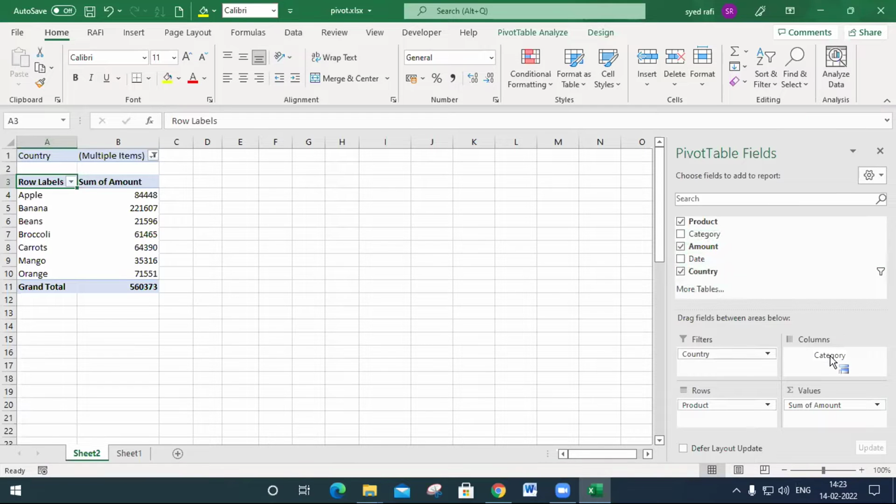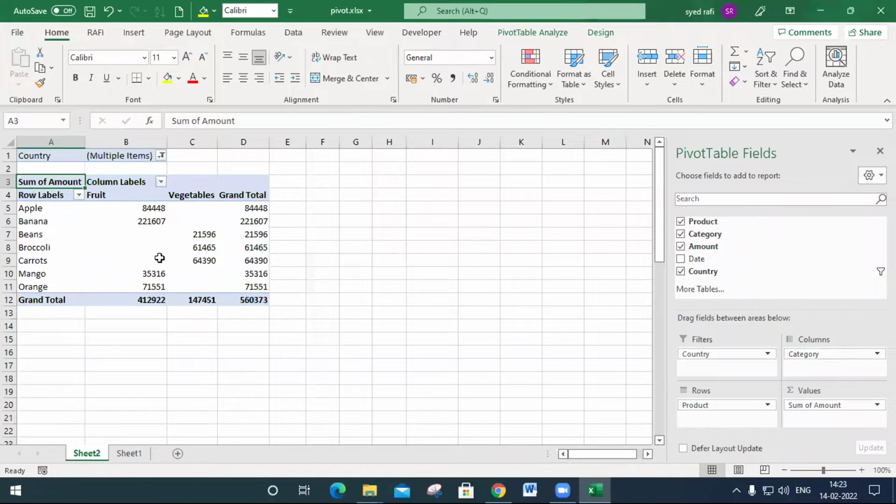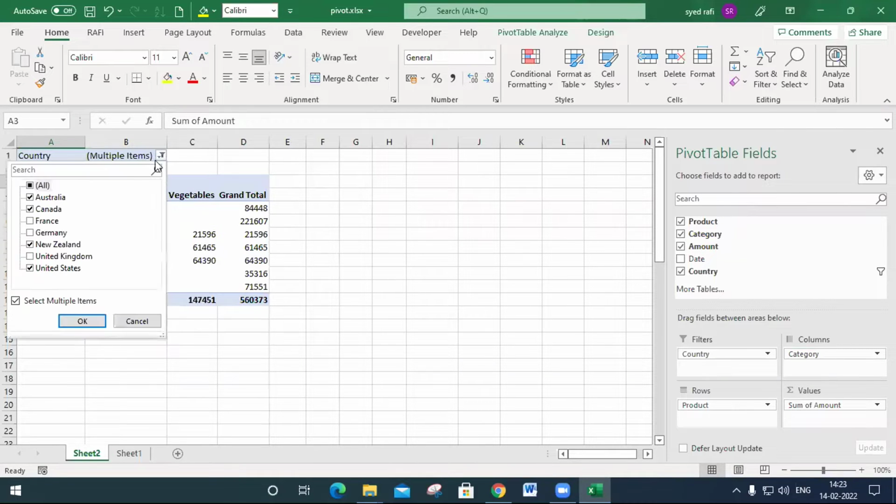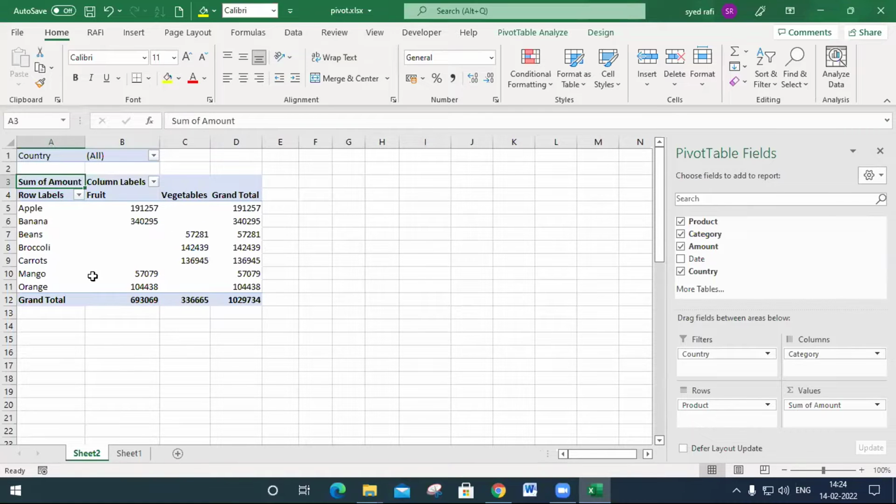And also you may categorize whatever it may be, you may also place like this. And you may also fill the empty cells with 0. You may also do like this. I hope you can understand. So I select all these and say okay, the data you are viewing is all the countries sold and product wise sales will be displayed like this.